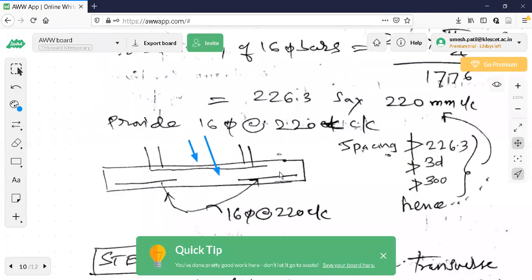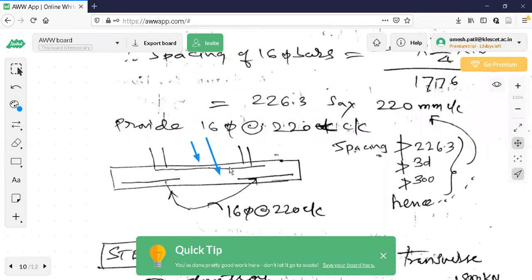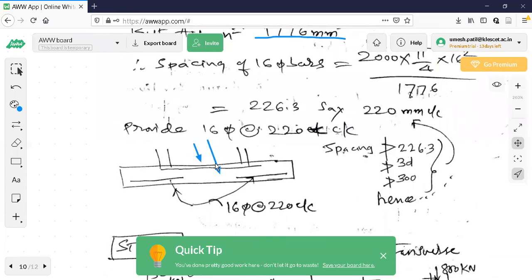So if I see this diagram, the spacing is less here, spacing is more here. Okay. Any questions here? So again, you come back. I will complete the